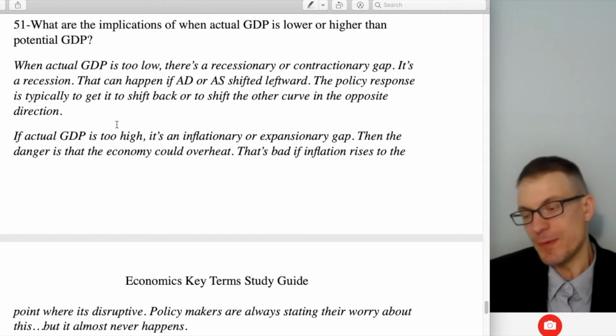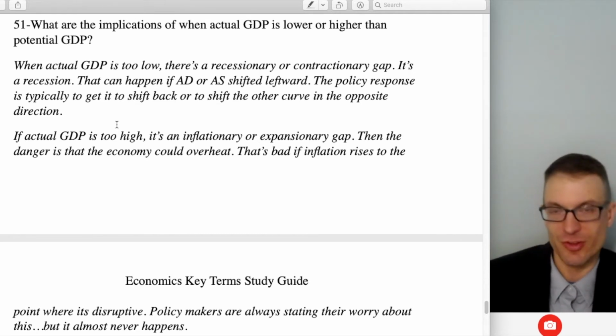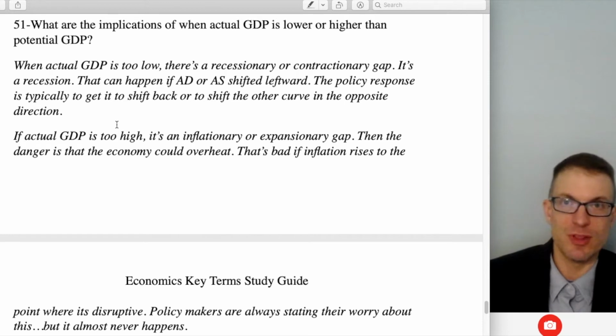So low GDP, high unemployment, and inflation is like stagflation. It happened in the U.S. in the period of the 1970s. The standard recession is a leftward shift of aggregate demand. So there's deflation, which is actually worse than inflation at kind of moderate levels.